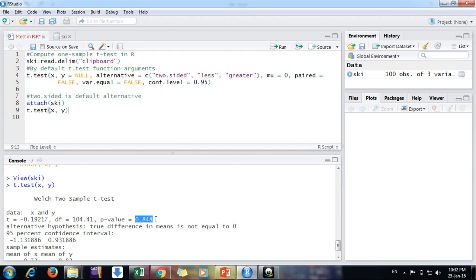Since this value is more than 0.05, we cannot reject the null hypothesis and say the difference is 0. We can't reject this. So the means are not statistically different, they are the same actually. So this is the way, friends, we do two sample t-test.